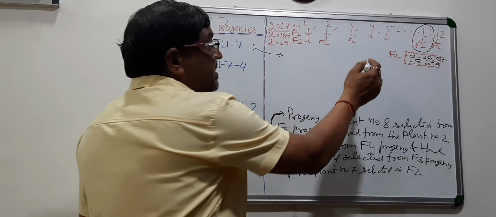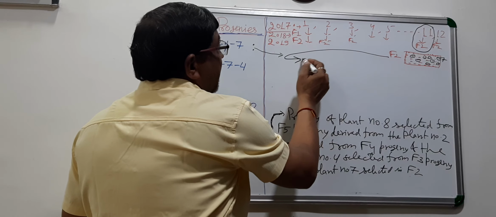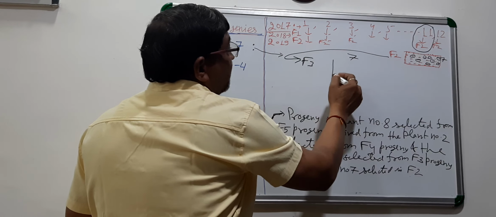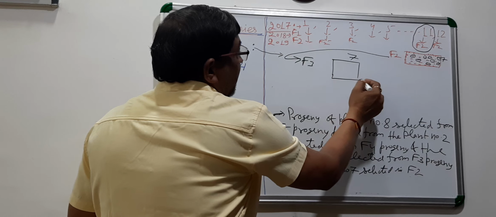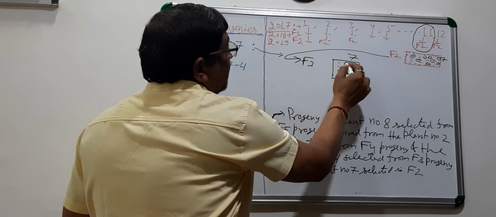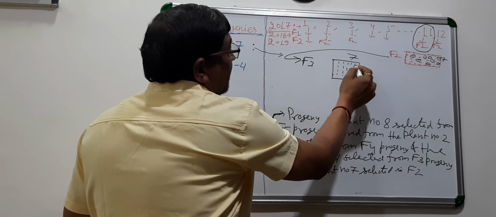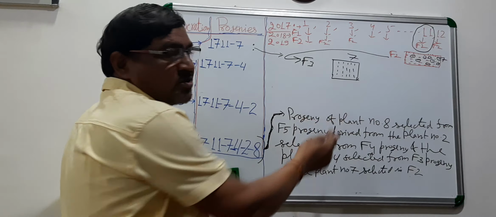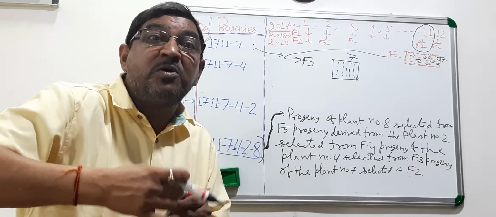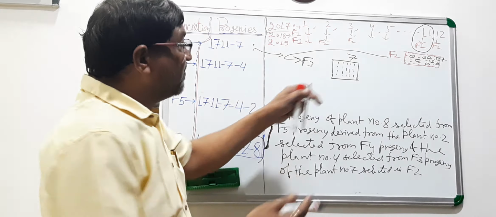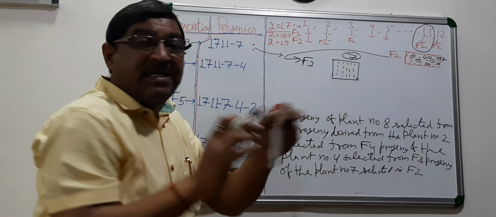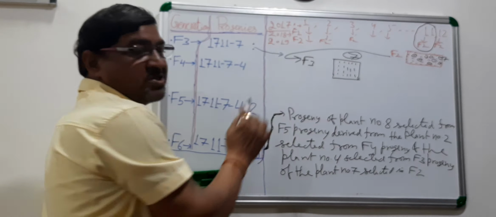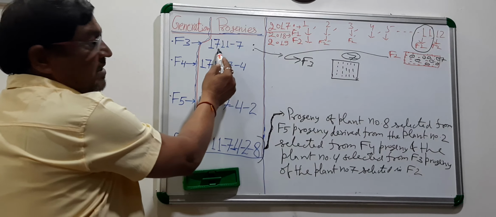Then if you grow it, this will be F3. F3 of what? Plant progeny of plant number 7. So if you have 200, 300 seeds, maybe 200, 300 plants you have grown in rows. This is called progeny rows. Progeny rows of plant number 7, selected in F2 generation, grown in F3. So you have come to this position, and this is the explanation.